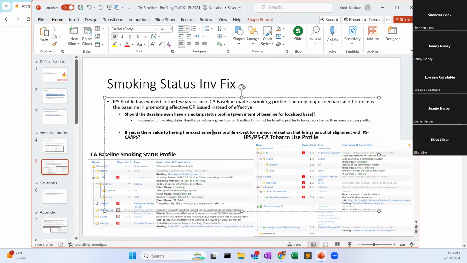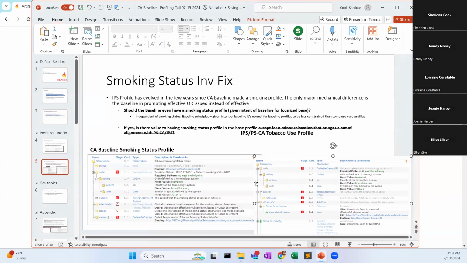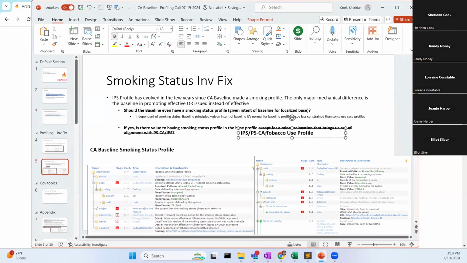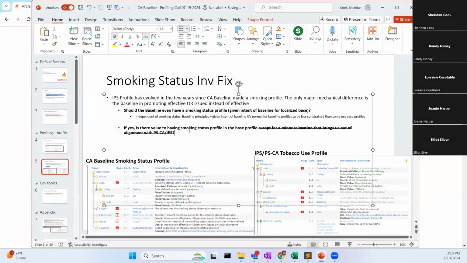I think the benefit of having a base is that it's useful to have at least one of them as a template, because there's going to be a lot of different things that you could do in this similar manner. Is that the role of the baseline? Eh. There is benefit for having something if what we want to do is say that across a broad range of use cases, we want to provide consistency about how this concept is captured so that we can do comparisons, and we have the broad underlying base profile for those concepts. If that's what we want to do, there's value there.